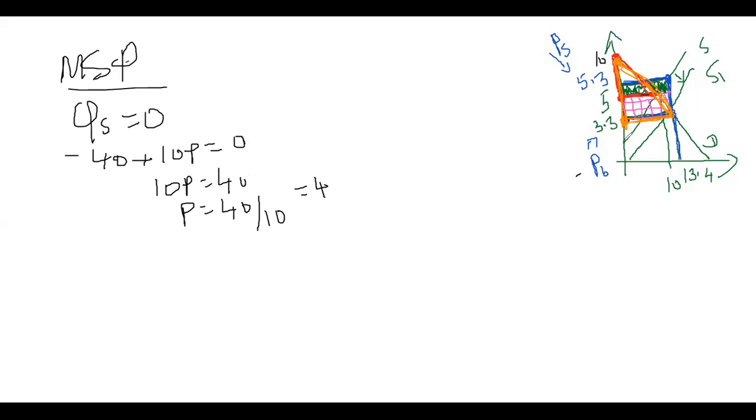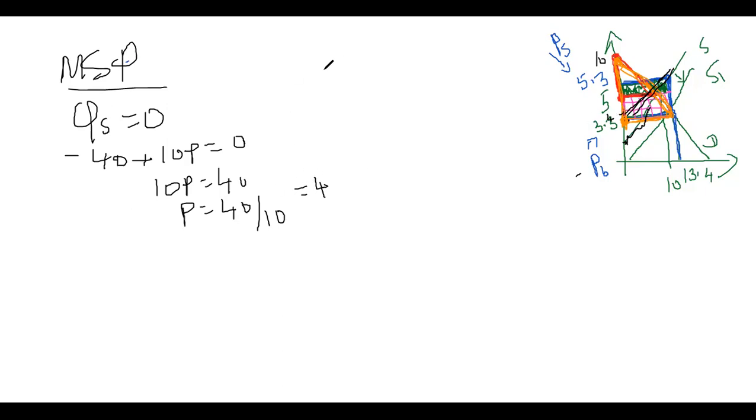Now it should be somewhere here, but the problem is, in this rough diagram I drew, the supply curve should have been like this. That is the reason. Therefore, it's not a problem for you. You can just cancel the supply curve. It is a rough diagram. So here, you can put it like this.